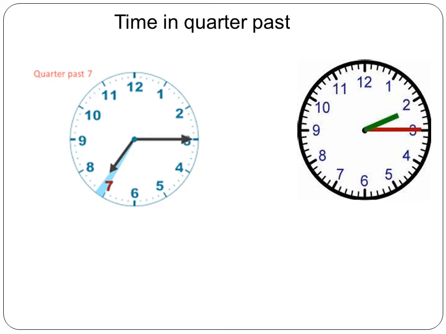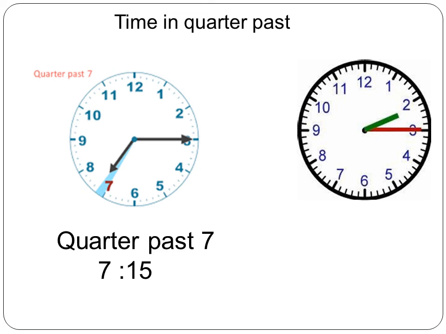So here you can see the hour hand is a little away from 7 and the long hand, minute hand, is pointing towards 3. Is it? Yeah. When the minute hand is at 3, the time is 15 minutes past the hour. This means that the time is quarter past the hour. So what is the time now? It is quarter past 7 or 7:15. 7 hour 15 minutes. Next sum.